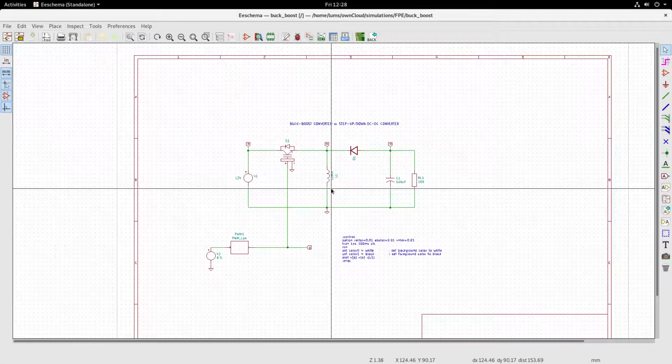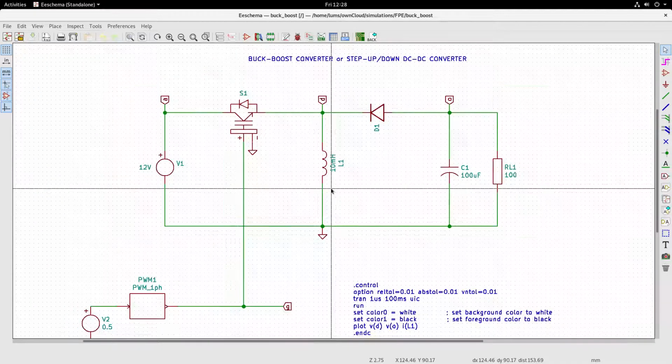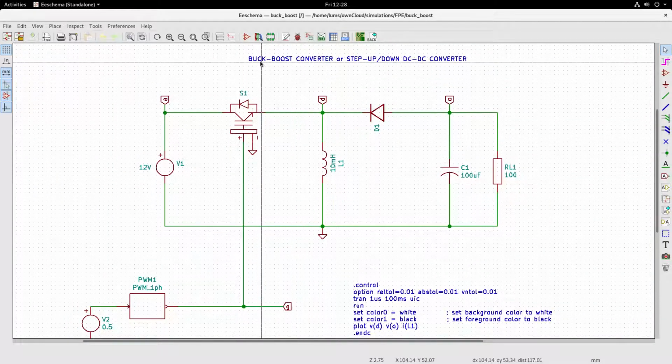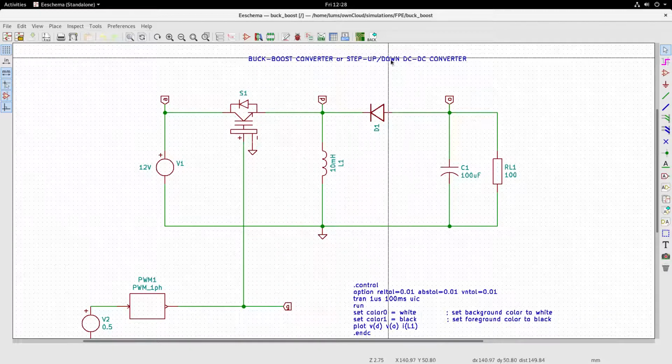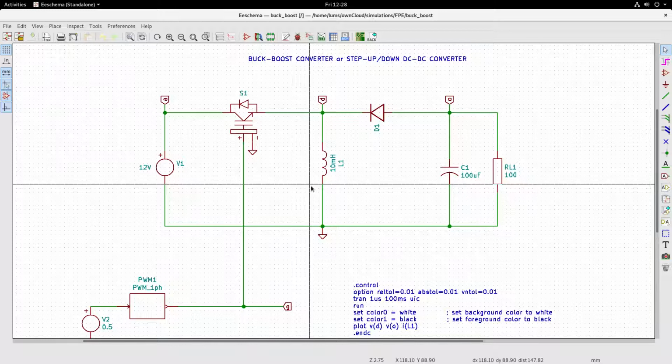So this is the schematic for the buck boost converter, or step up down DC-DC converter. As we studied, depending upon whether the duty cycle is less than 0.5 or greater than 0.5, it will accordingly act as a down converter or an up converter.